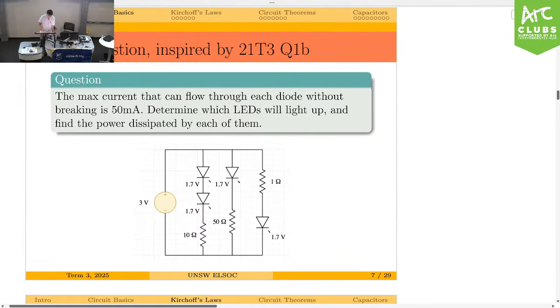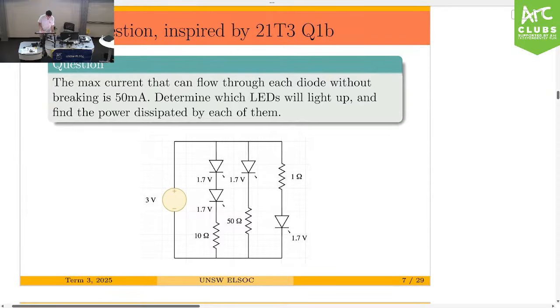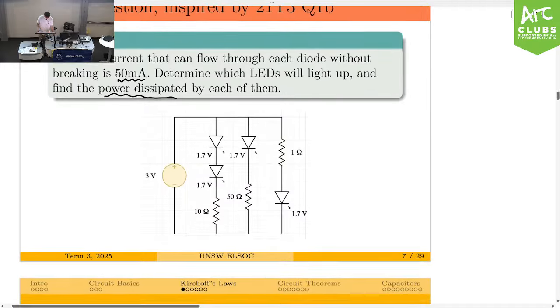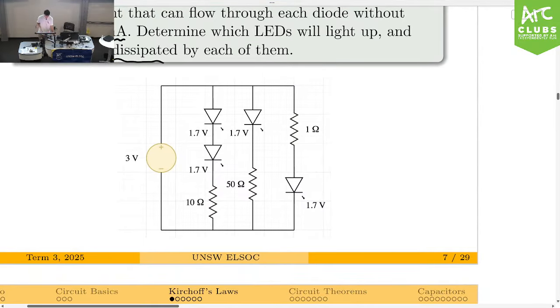Okay, we're going to move on to this question. It says the max current that can flow through each diode without breaking is 50 milliamps. Determine which LEDs will light up and find the power dissipated by each of them. Okay, to start off with this question,